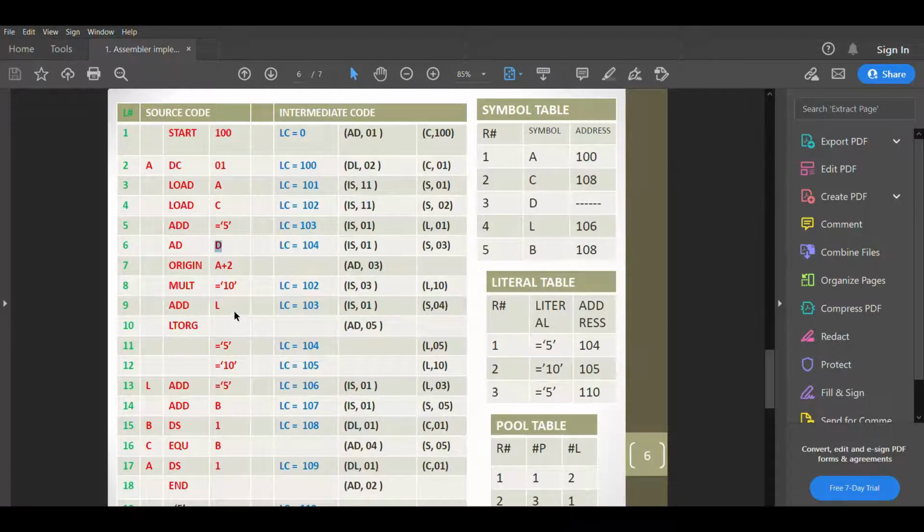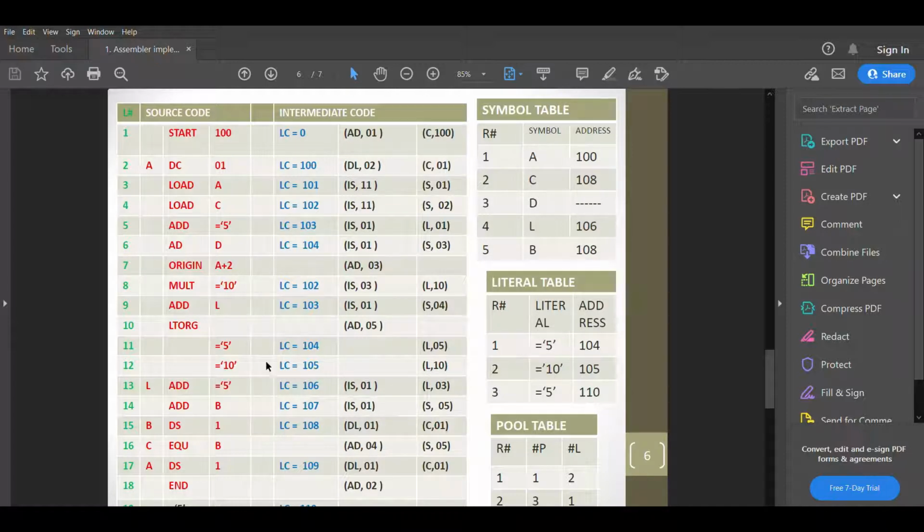Then L is located here, at 106, where we added the 5 in the L, and then B at 108. DS 1 means giving the storage for B of one word.